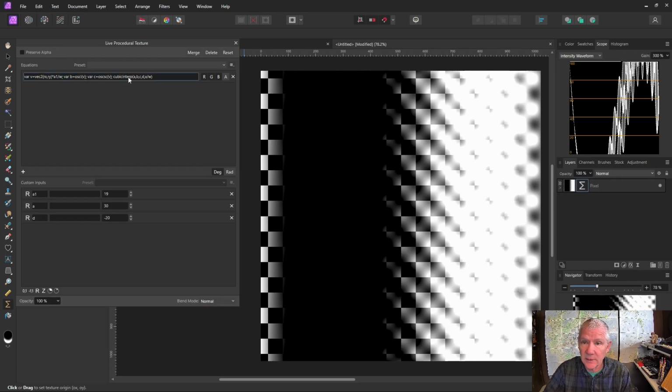It can also be written CERP, and it takes 5 inputs. A and D are shaping inputs, B and C are your pattern, and then the last one, T, is the interpolant. So it seems like it's sort of overly complicated to really make a lot of use of this one. The benefits seem sort of marginal for how complicated it is, having to put in 4 different inputs. So that's the cubic